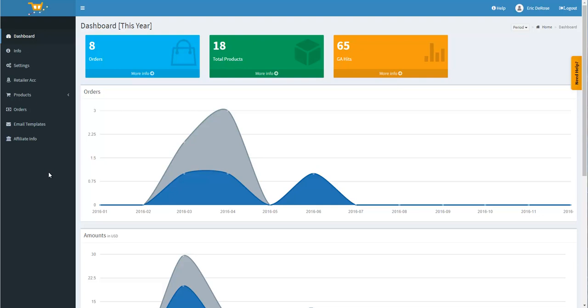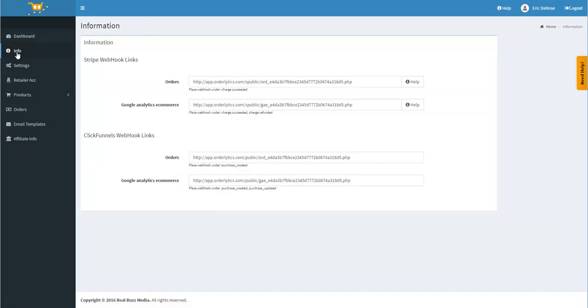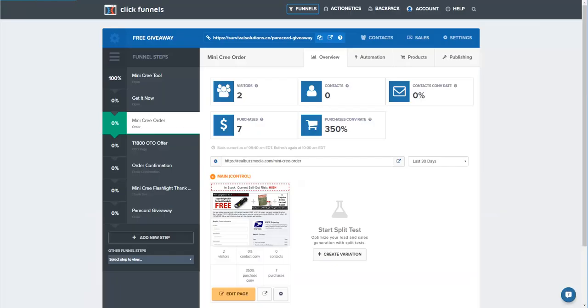So here we are in the Orderlytics application. I just want to show you from a setup perspective. When you log into your account, you want to take your info from the info tab. You want to take the orders webhook URL link here, where it says purchase created, and go over to your ClickFunnels account,